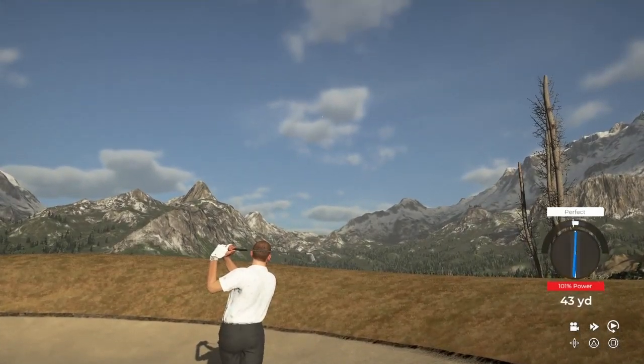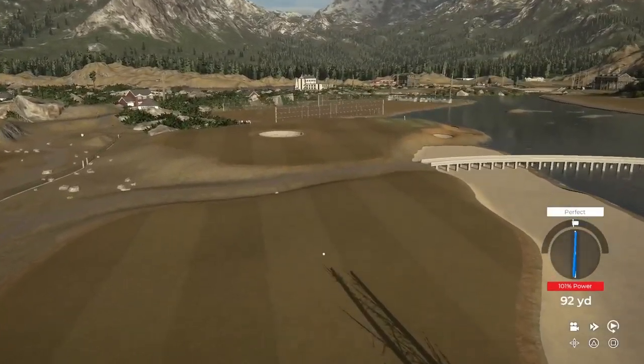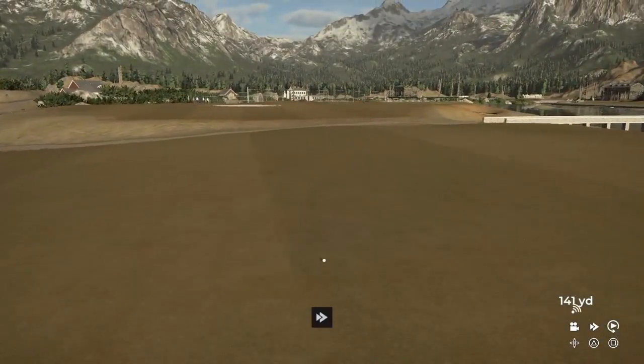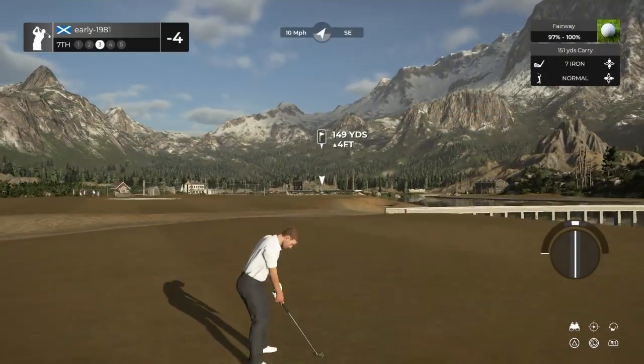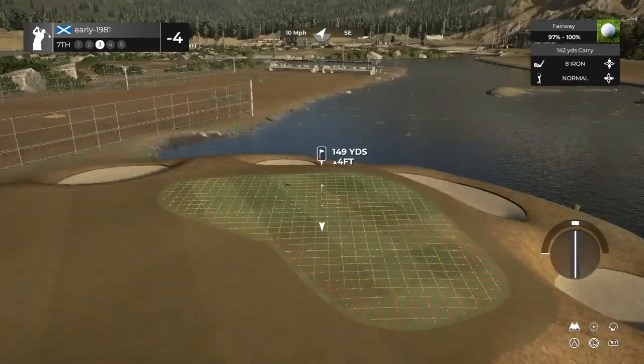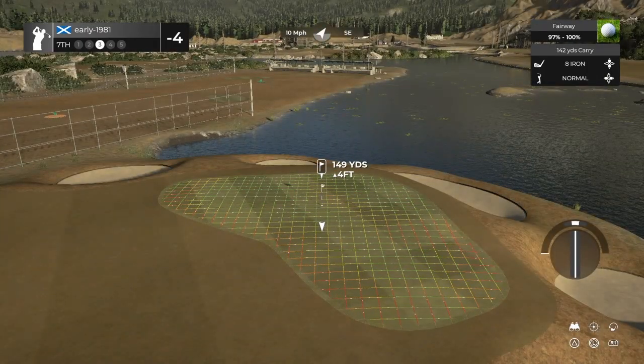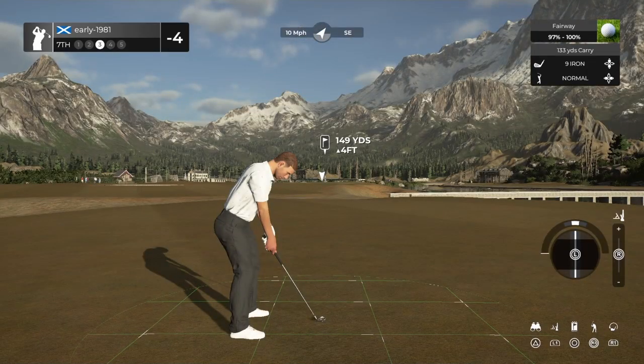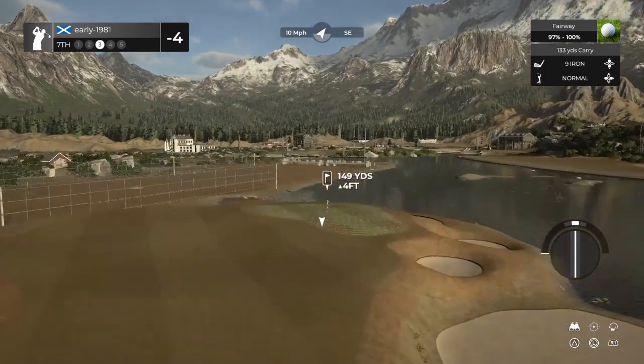an 11 mph wind, and hopefully it should be nothing more than a wedge, maybe 9-iron into the 7th green. 149 yards. With that 10 mph wind, I think we should come down to 9-iron, 133 yards carry. Just de-loft this a touch